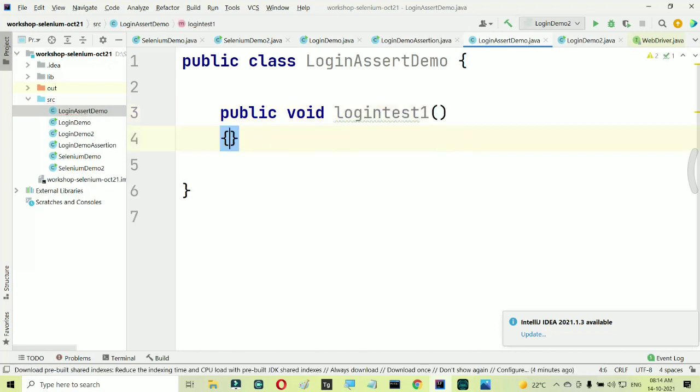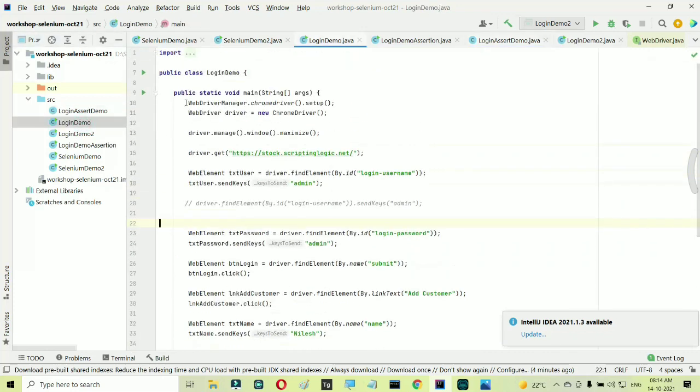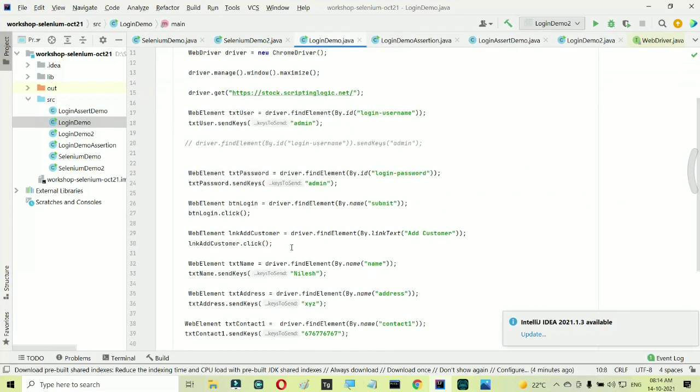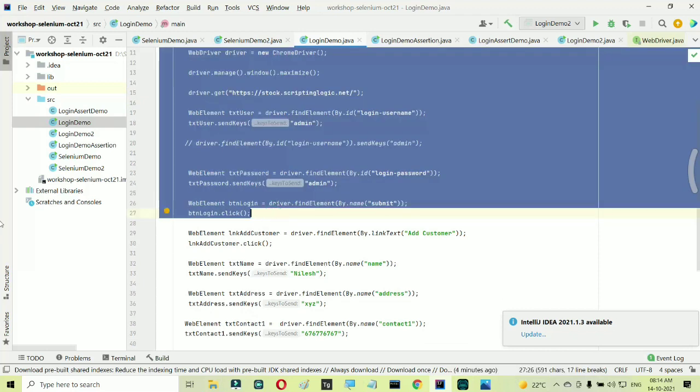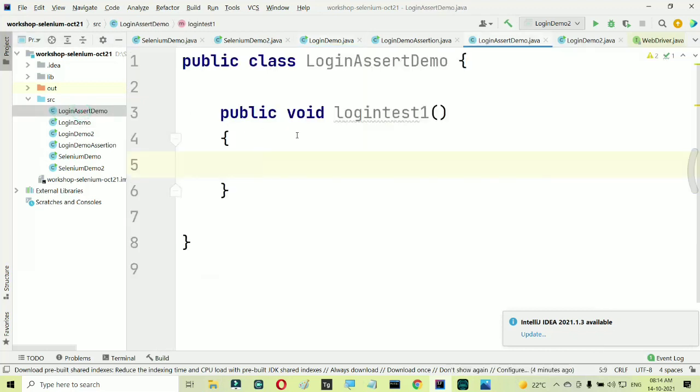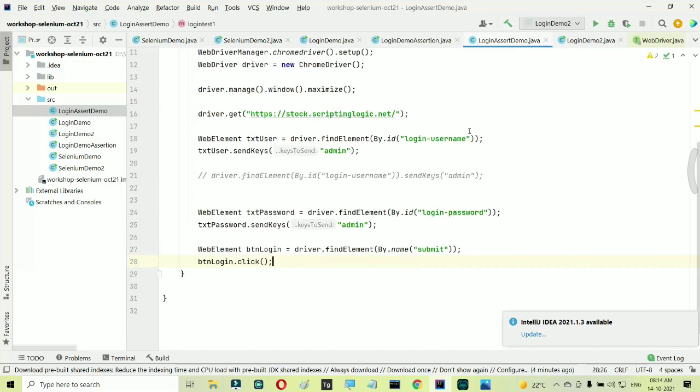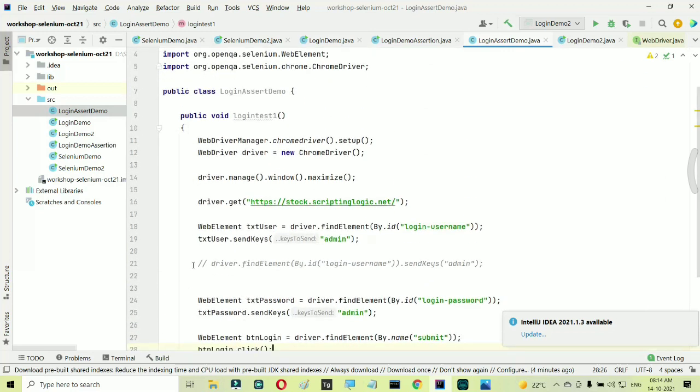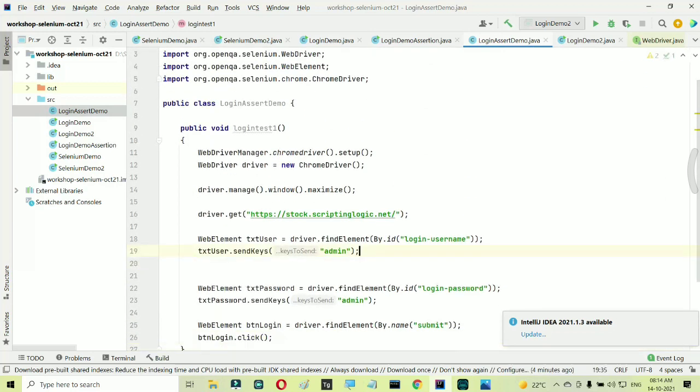I can write one test here, and you may put your login code here, right from opening the browser till login button click. So this is the code for doing the login operation.